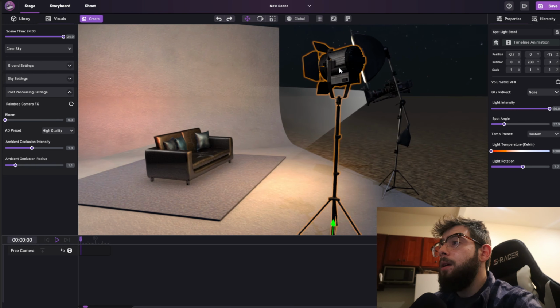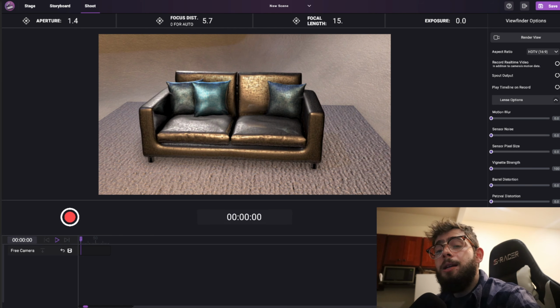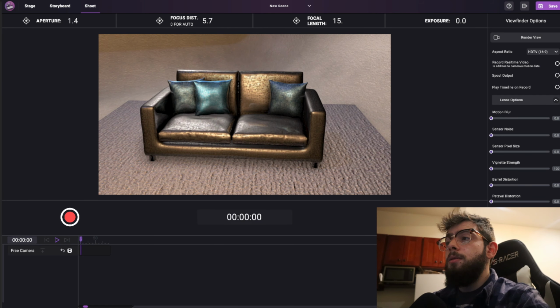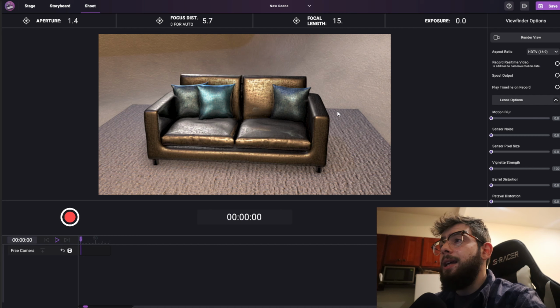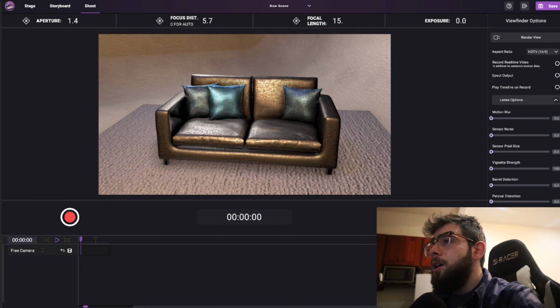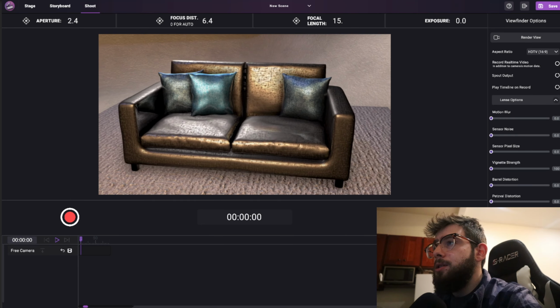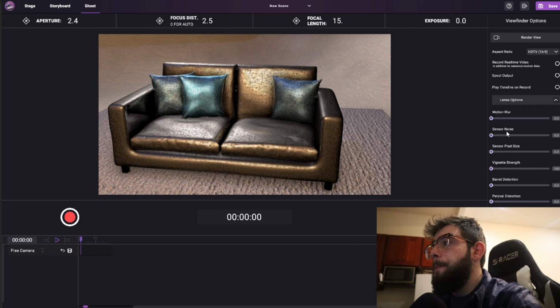on set. For now, this looks pretty good, but it's important to note that the cameras as well are based off of real cameras. The goal is to adjust these settings as if this couch was really in front of me. So these settings actually look pretty good. I'm going to increase the focus distance and aperture so it's completely in focus. And maybe even add some sensor noise,